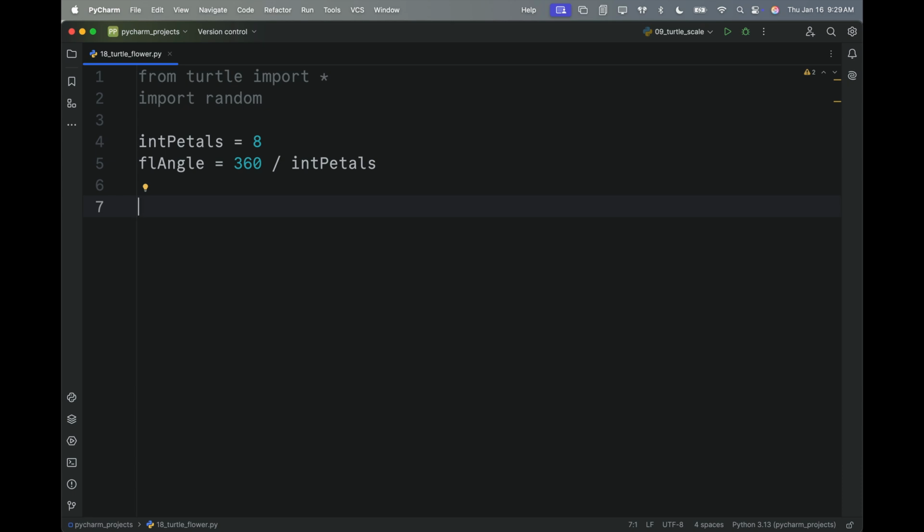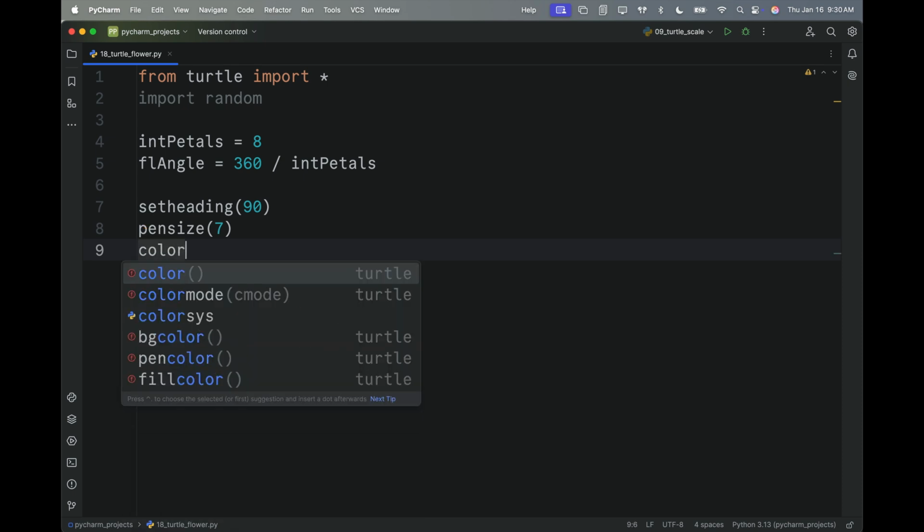The first thing I want to do is make sure that the stem of my flower is vertical, so I'm going to set heading to 90, which is pointing straight up. I'm also going to set my pen size because I want to draw the stem. I'm going to make my pen 7 pixels wide. Just for reference, I'm creating a single flower right now, and that allows me to use it as a model, and then I can just repeat that at different sizes. I'll show you how to do that,